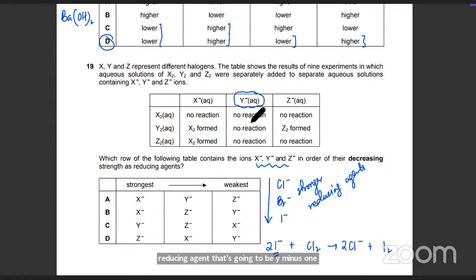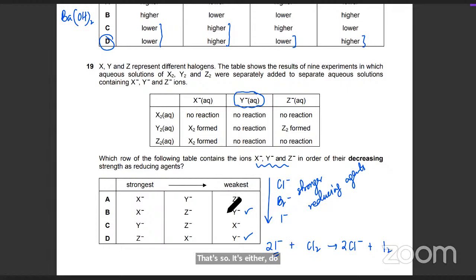Because it's not reacting with anyone. It's not losing electrons to anyone. Is that clear? Yes, sir. So that's the weakest. So that's Y minus 1. So it's either